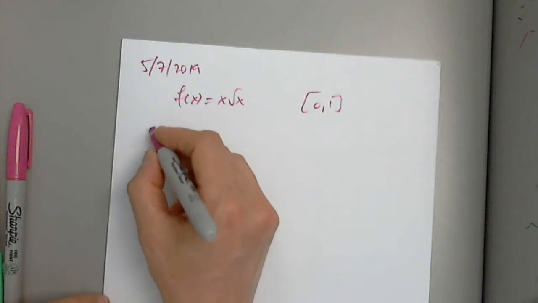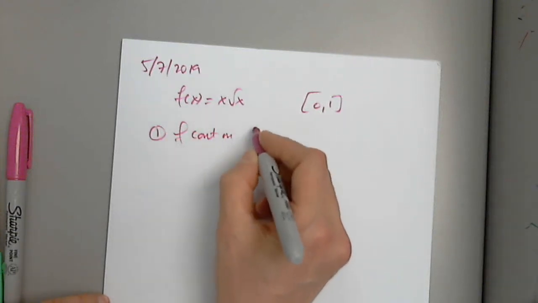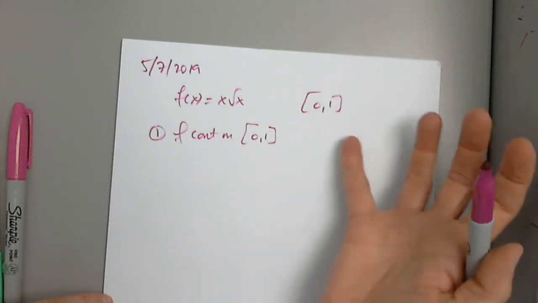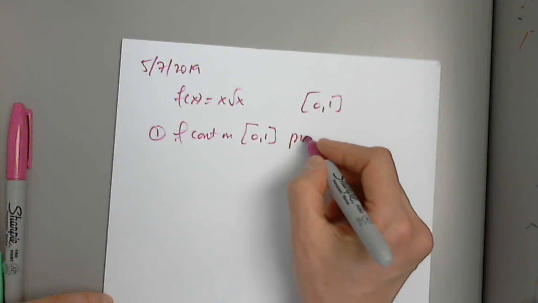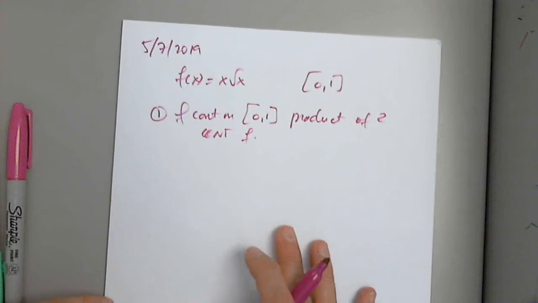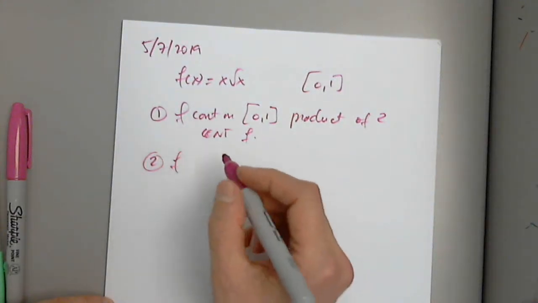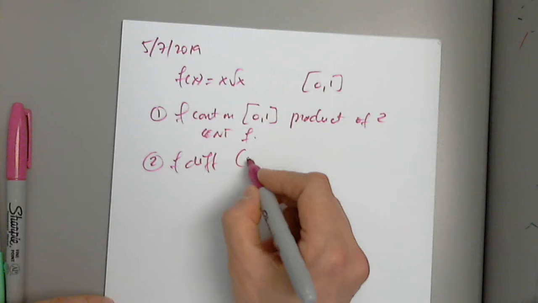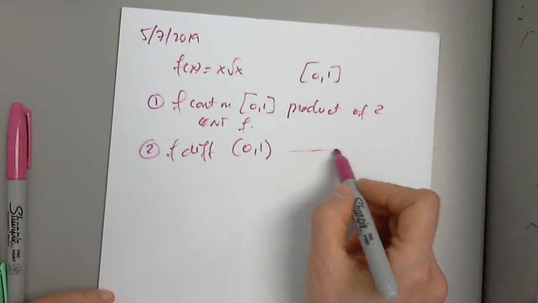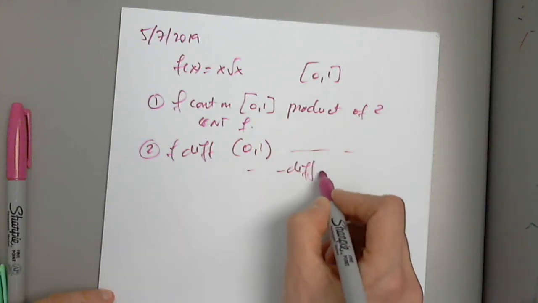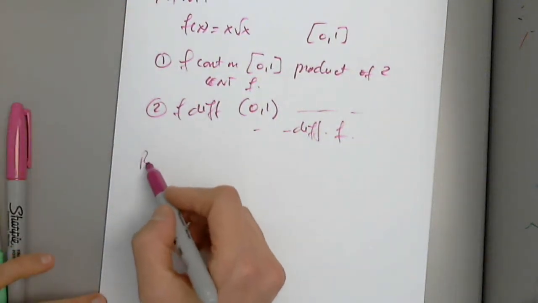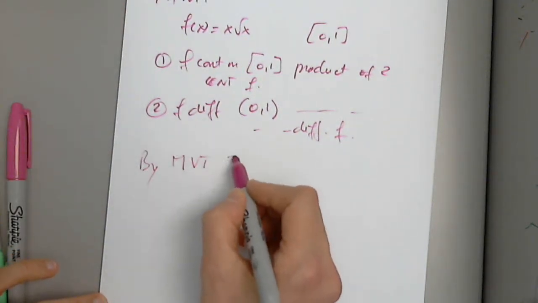Okay, so first of all, number one, we have to write that f is continuous on the interval 0, 1 because it's a product of two continuous functions on 0 to 1. Number two, the same, differentiable on the open interval 0, 1. Actually, it's not differentiable at 0. For the same reason, two differentiable functions. So now, by the mean value theorem, there exists a